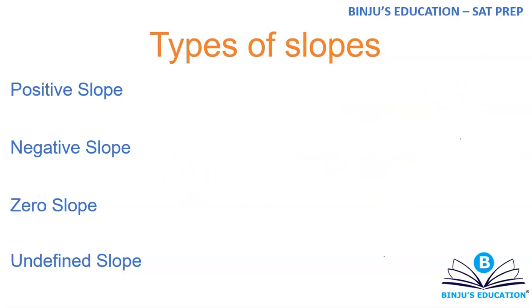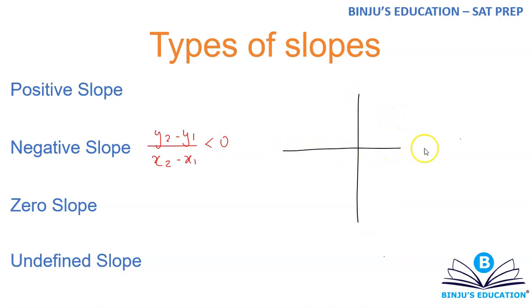So if you have a negative slope, then you have y2 minus y1 divided by x2 minus x1 as negative. You can also relate this with the help of tan theta. Now I told you that when you talk about tan from 0 to 90, tan is always positive. If you go any angle from 90 to 180, that is in the second quadrant, tan is always negative.